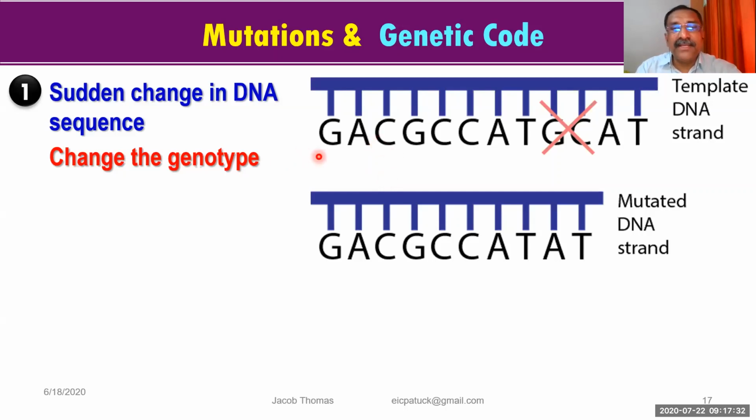So when a change occurs in this manner, you see in this case, this is the DNA strand. Here 2 nitrogen bases are cut off. Now you see GAC, GCC, ATG and CAT. But out of these various nitrogen bases, 2 are cut off. When 2 are cut off, you get a new strand. Look at the GAC, correct? GCC, GCC, ATG, no. Now it is ATA. So this kind of change happens, and when this kind of change happens, the character also will get changed. That is what is written here.